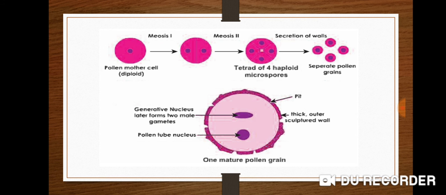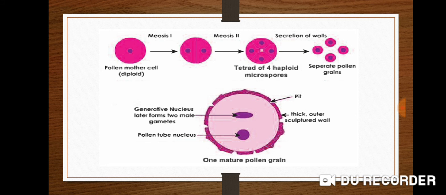The pollen grains differ in their morphology from species to species. The study of pollen grains is called palynology. The pollen grain is the first cell of the male gametophyte. They are formed inside the pollen sac of anther. The pollen grains develop from the pollen mother cell by meiosis. The pollen grains are haploid. They are released from the anther by dehiscence.